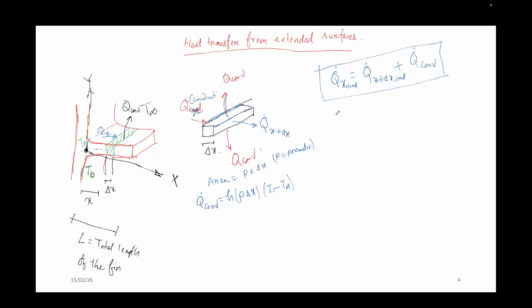In place of Q convection, I can write this equation as Qx conduction minus Q x plus del x conduction equal to Q convection, which is h P del x into T minus T infinity. Now I am dividing this by del x on both sides. So what I will get,